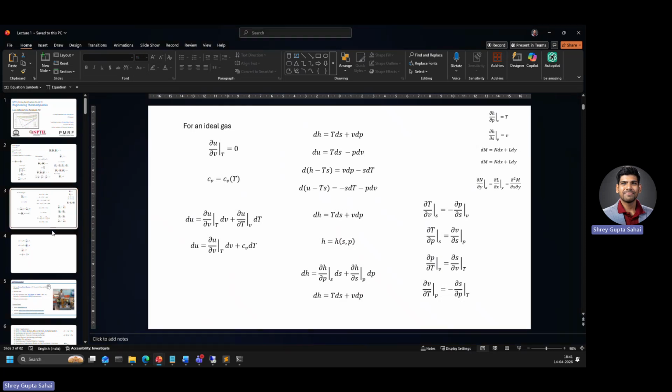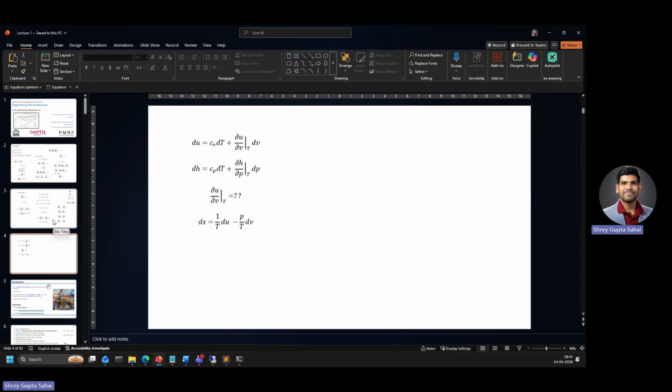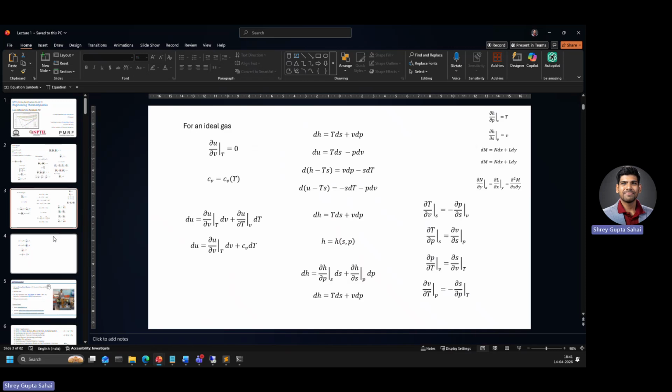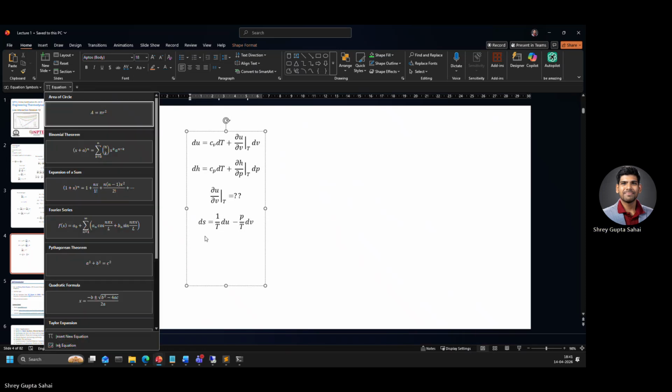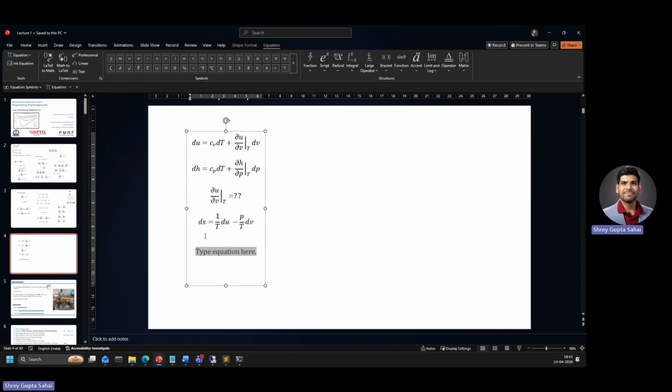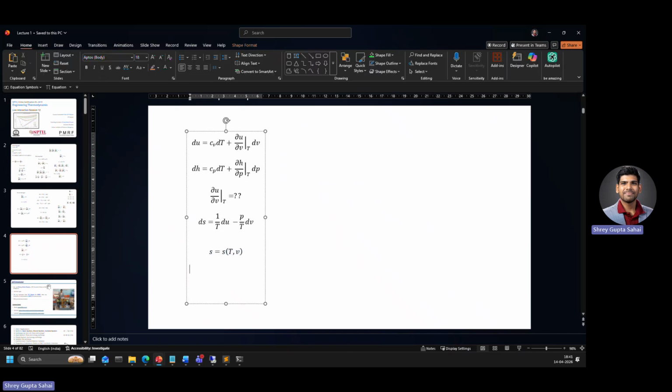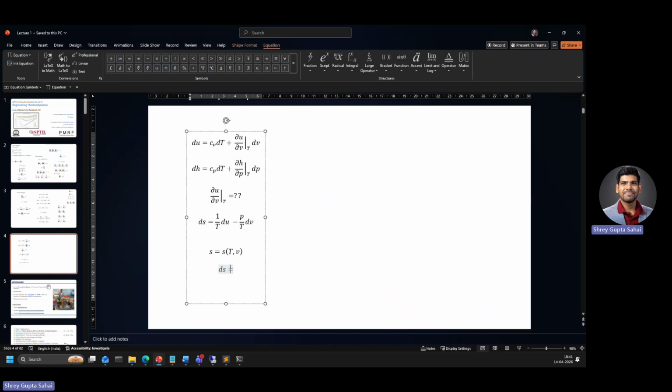I have few things. Why have anything to use here? Maybe I think I have. Let's say S is a function of T comma V. Then dS is